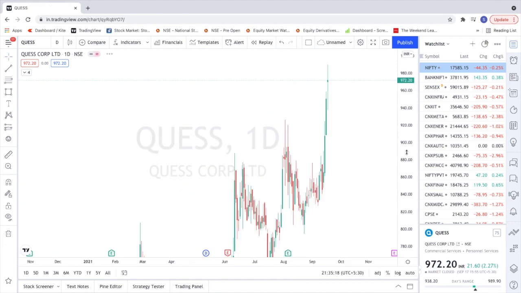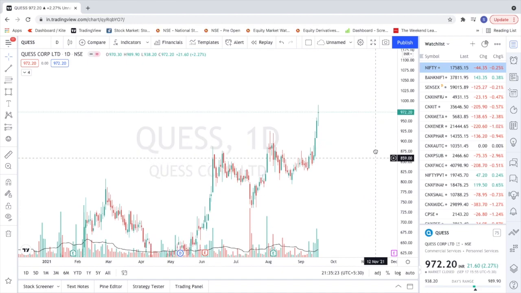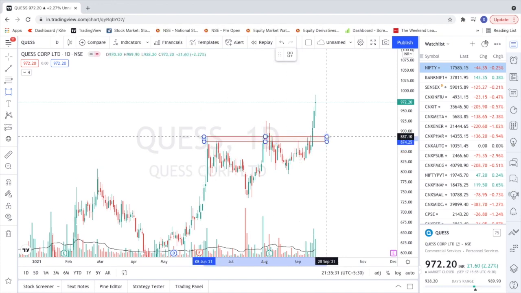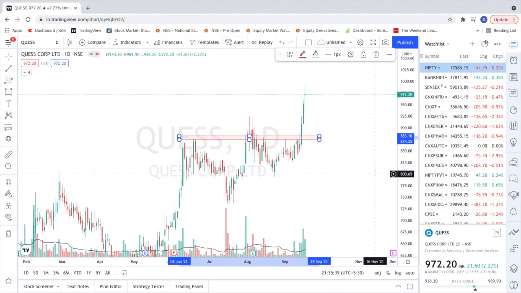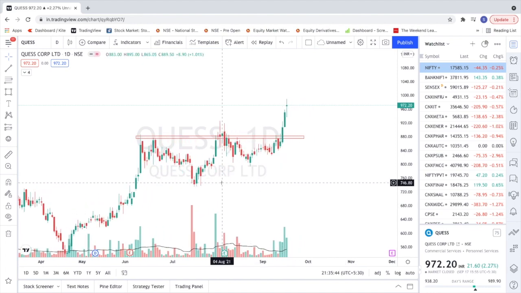Let me switch to a daily time frame. If you look now, there's a major resistance that's been tested multiple times since June. At this level, somewhere around 874 to 883, there was a resistance, and the stock couldn't break out from there. Sometimes volumes were supportive, so it did break out on August 4th and 3rd, but it made a doji